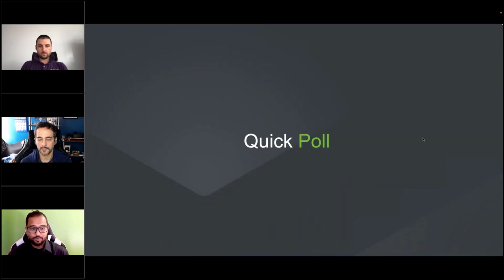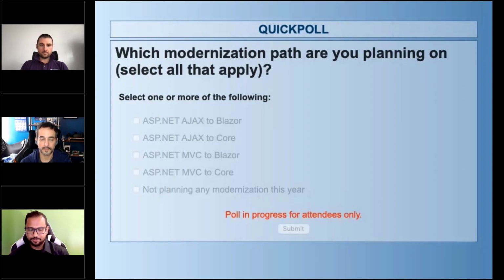Okay, now before we start, there is a lot we are going to unpack in terms of everything ASP.NET and all the different flavors, and how you move your apps forward, how you move your data forward, how you move your UI stack. But we wanted to ask you a quick question, and there's going to be a couple of these, to keep things interactive. So we want to know, what exactly do you have in mind when you're thinking of modernization? What are you trying to modernize? Which path are you taking?